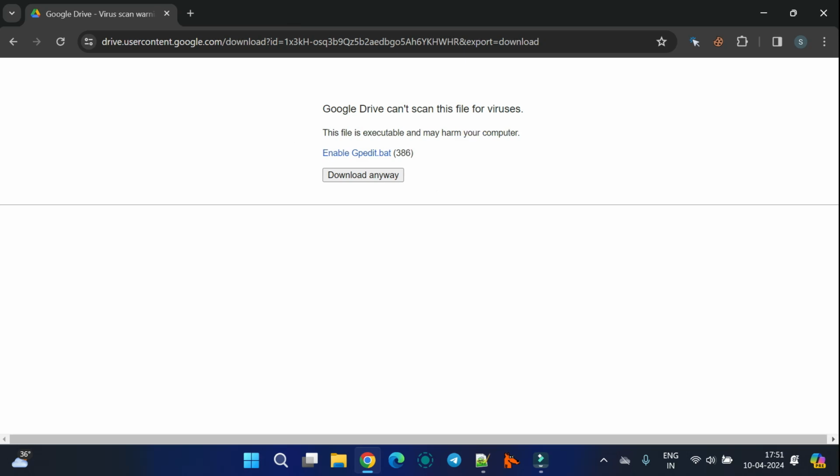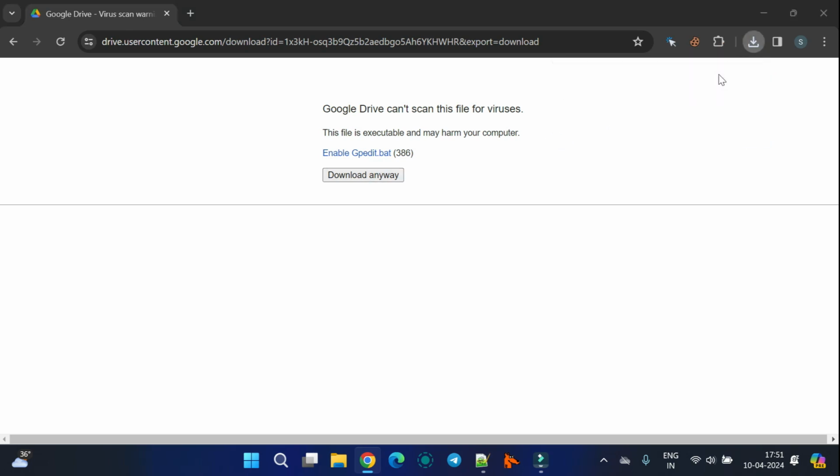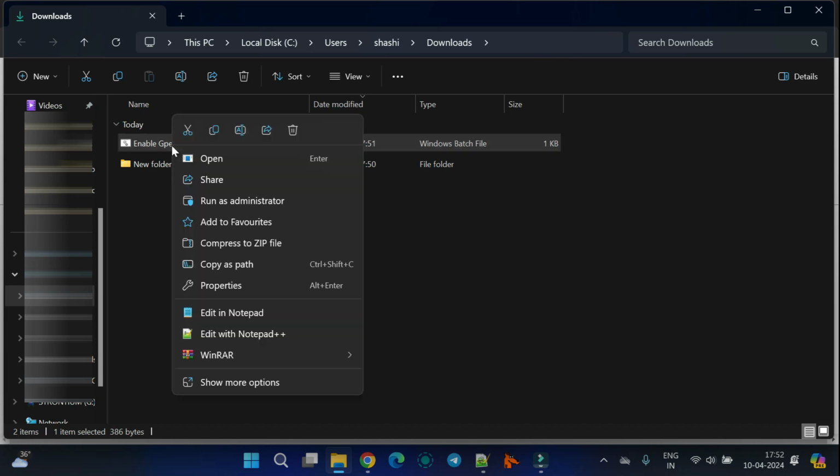So as you can see, there is a file, enable gpedit.bat. Click on download anyway to download this file, and as you can see, the file has been downloaded. Now click on this icon to open it. So here is the file that is located here. Now just right click on this file and click on run as administrator